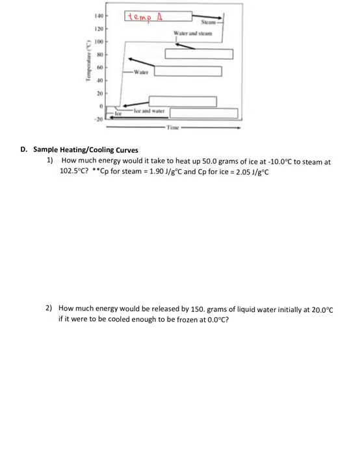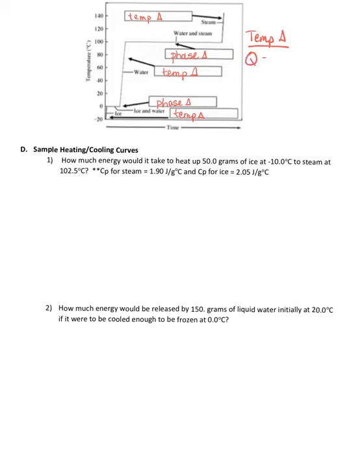This is for a temperature change, this being a phase change, this being a temperature change, this being a phase change, and this being a temperature change. Now, not all heating and cooling curves have all of these 5 regions. I'm just showing you the maximum. Again, remember, if it's a temperature change,